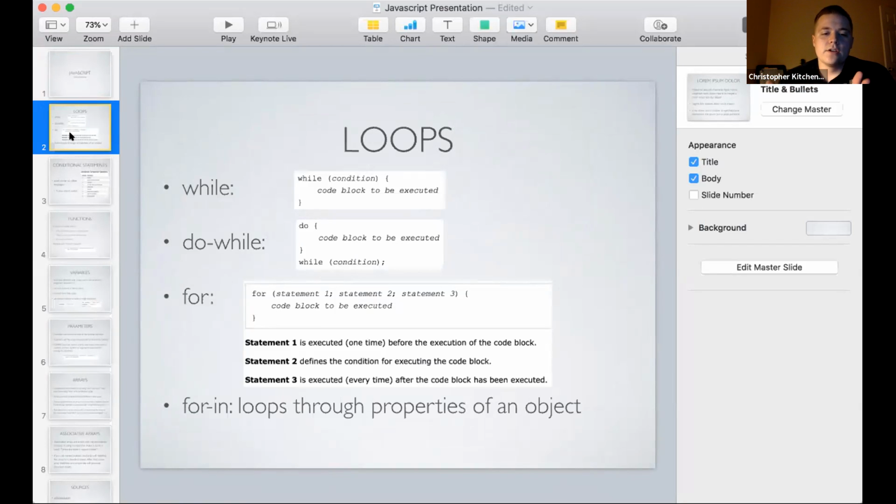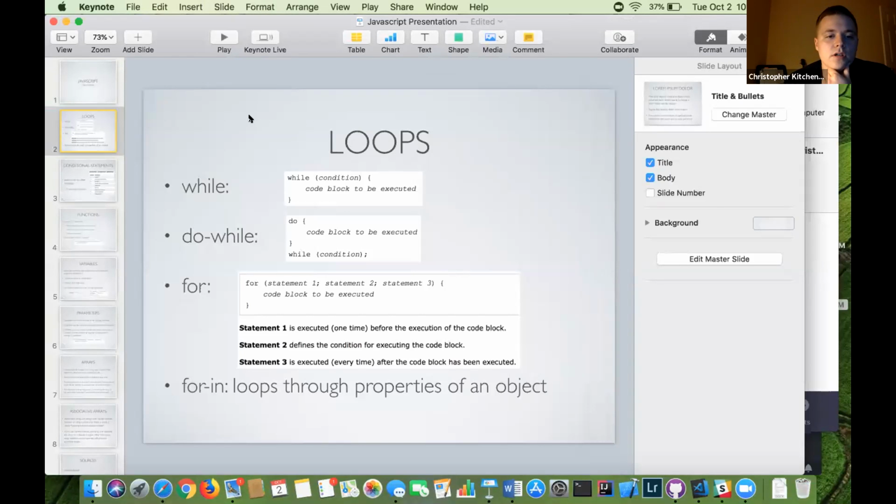So in any programming language, these are pretty basic: while, do while, for, the different loops that you can use. Even the syntax is pretty much the same as what I'm used to with other programming languages. It's pretty simple. One thing I noticed that I either haven't been exposed to before or that might be specific to JavaScript is the for in loop, which goes through all the different properties of an object. We'll get to that in a second with different examples in the code. But before I do that, maybe I'll share my entire screen. That would probably be better.